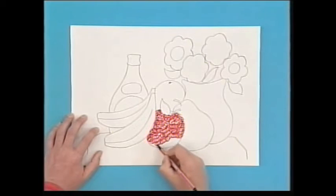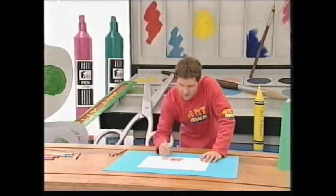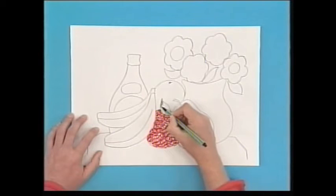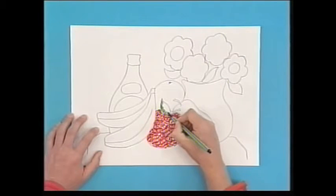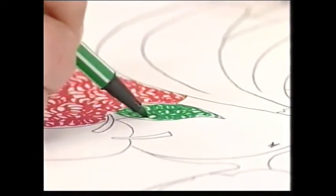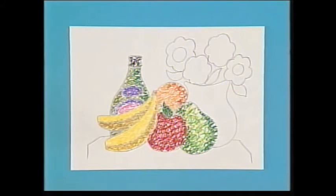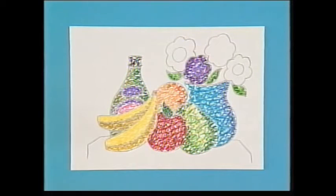And it's just a case of colouring each section in like this. And then when you get to the end of one section, change colour and do another section. But don't vary your colouring style. Don't change your style at all. Just again, colour in with curly scribble. And if you colour the whole picture in the same way, all the different bits using curly scribble, it looks